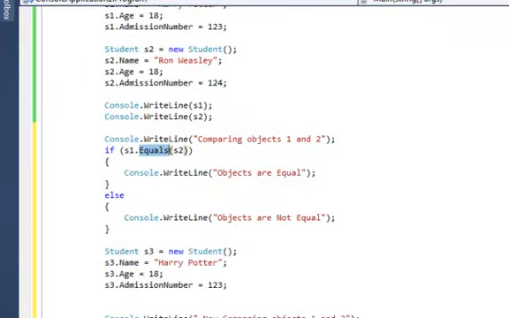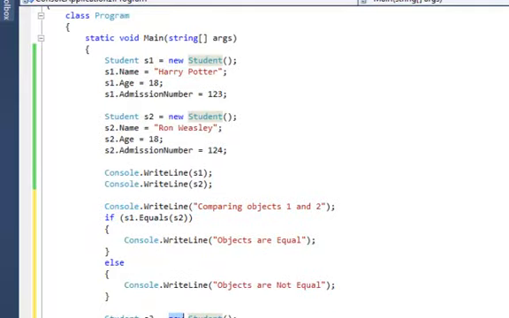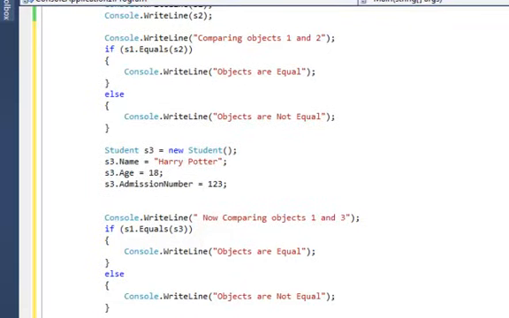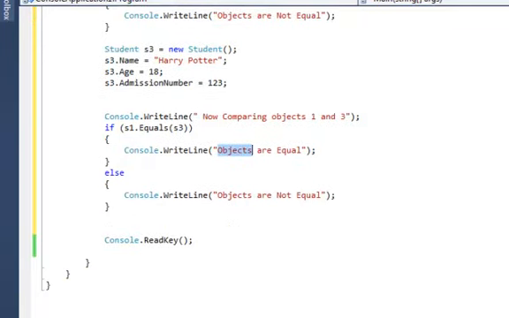S2 is Ron Weasley. I expect it to say the objects are not equal. Then I create a student called S3 using the new keyword, and I specify the name, age, and admission number to be the same as the state of S1. So S1 and S3 have the same state. Now I compare S1 and S3, and I expect the program to print objects are equal because they have the same state. So let's run this program